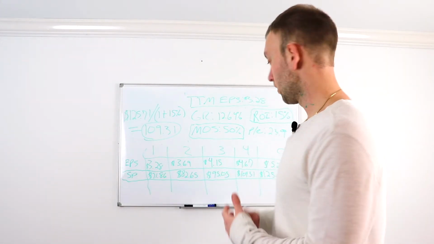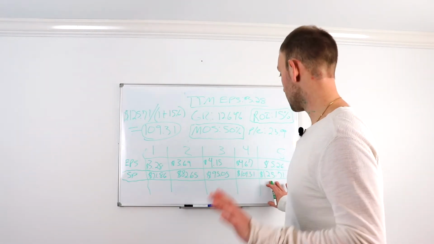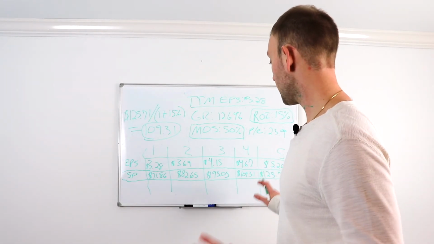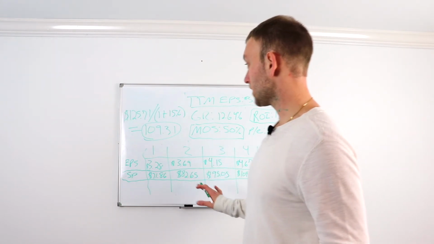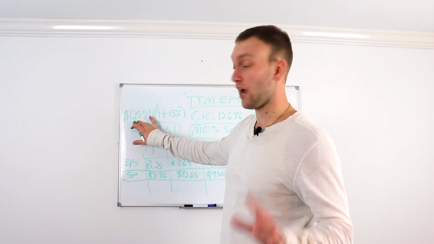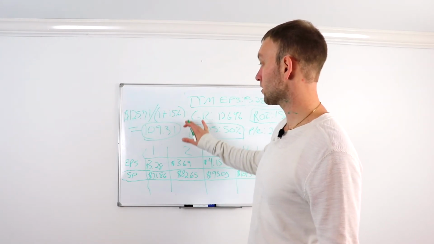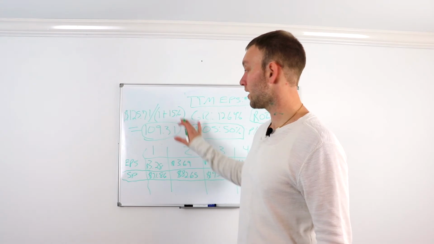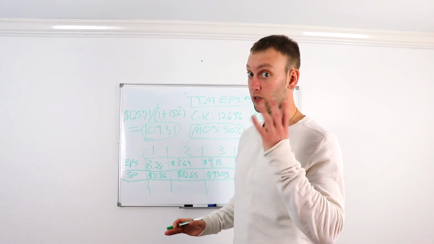So how did I get to that? Well, like I just said, a fair value of Apple 5 years from now is $125.71, okay? So how do we get from 5 years to 1 year? Well, first we got to go to year 4, all right? So to get to year 4, you're going to take the fair value price 5 years out, $125.71. You're going to divide it by 1 plus 15%, giving you $109.31, okay? So that's the fair value of Apple 4 years from now in 2024.